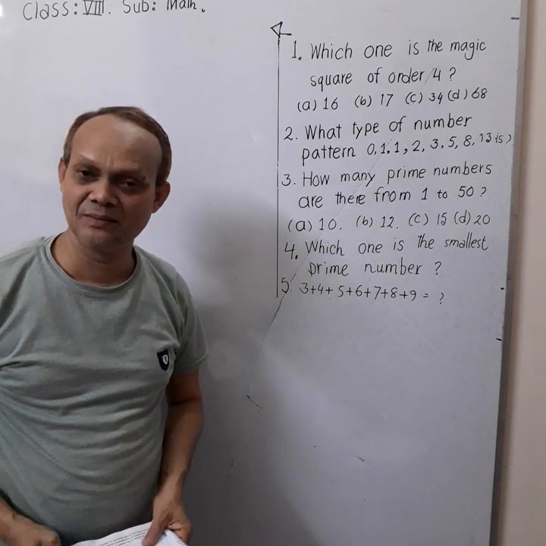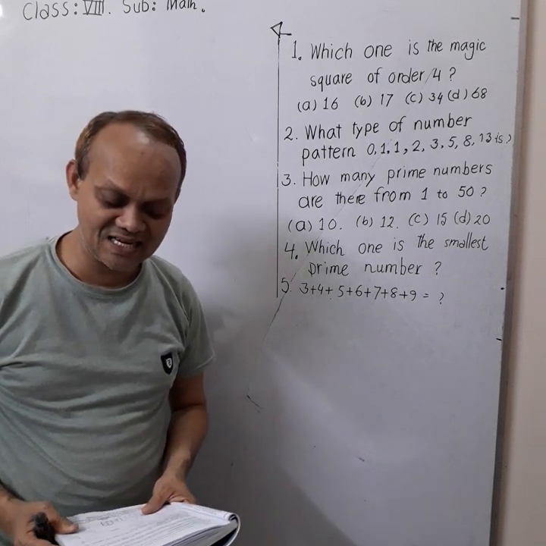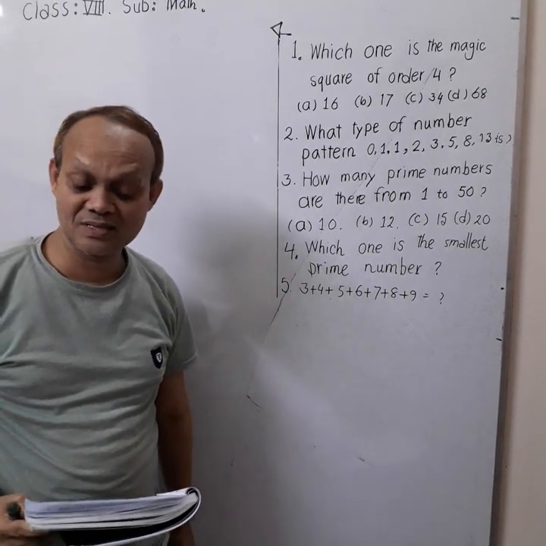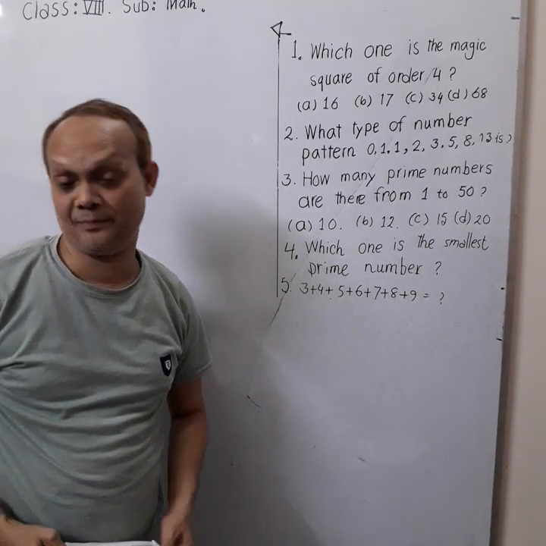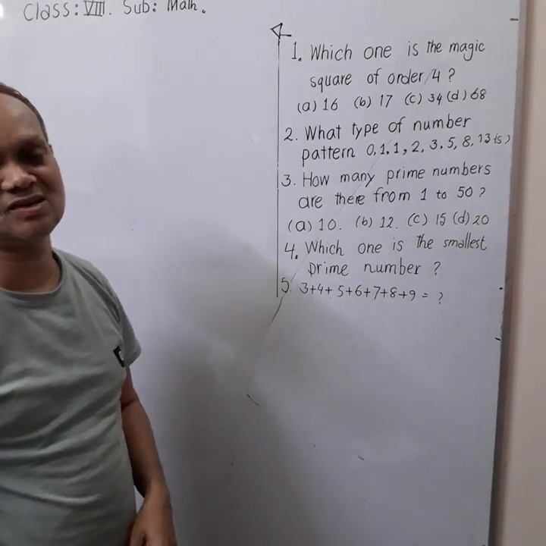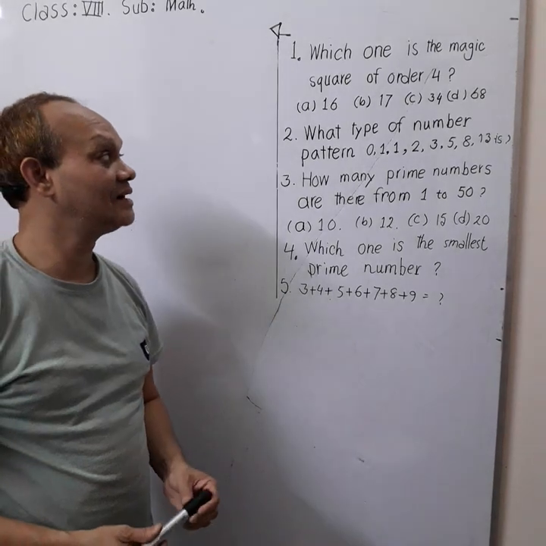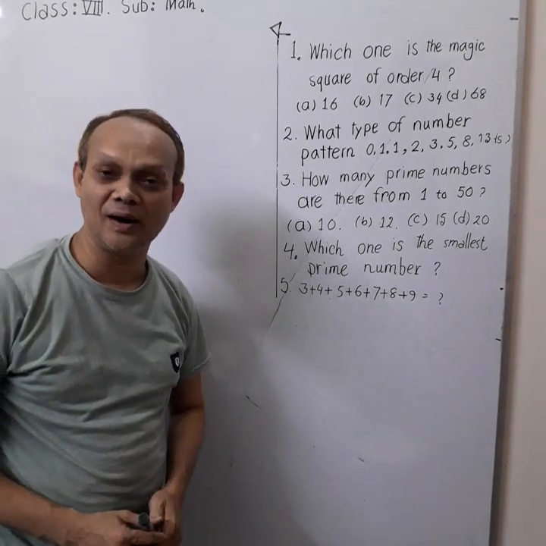But on page number 7, in activity number 2, you are asked to construct a magic square of order 5. So if the question comes, what will be the magic number of the square of order 5, then